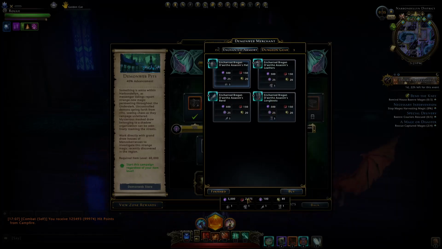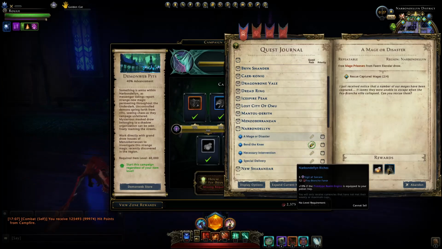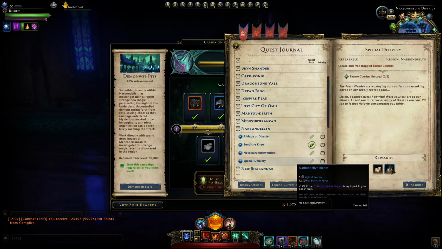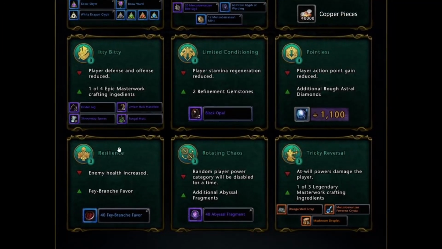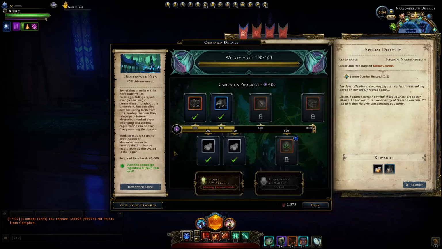Then the Fey Brush Favor will come from doing your quests within the zone. You can see you'll obtain like 12 from a repeatable quest, and you'll obtain like 60 from the weekly quests, with also the ability to use the Resilience modifier in your Abyssal Hunts to gain an additional 40. You can also do your heroic encounters to, I believe, get 10 and 20, depending if that's a minor or